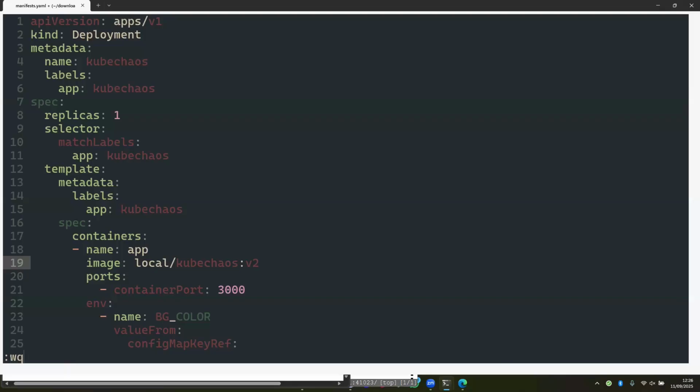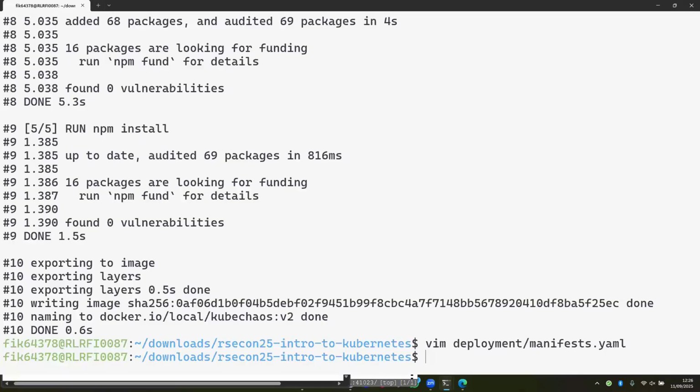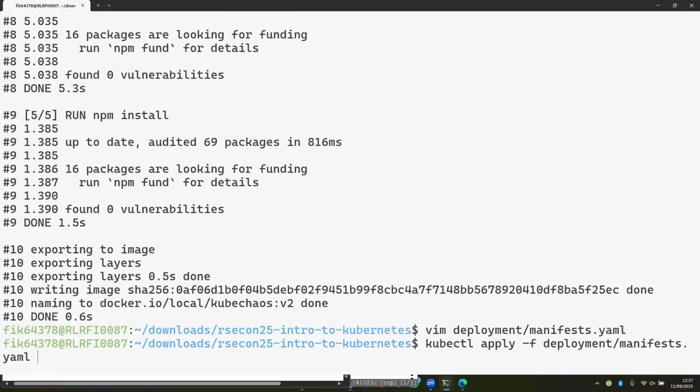Okay, so make this change to the manifest file, save this file, and then all we do is run the kubectl apply command again, our deployment command. kubectl apply, then it was -f, and then point to the manifest file under deployment manifest. If I run that,